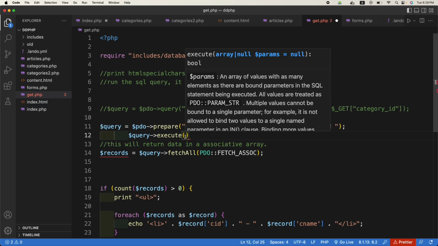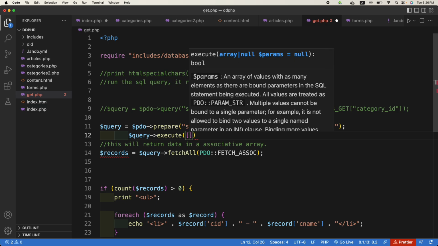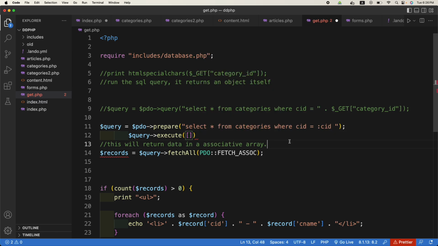So what should be inside the array? The array should be an associative array with these placeholders. For example, the first one is CID, so the key is this, and its value will be